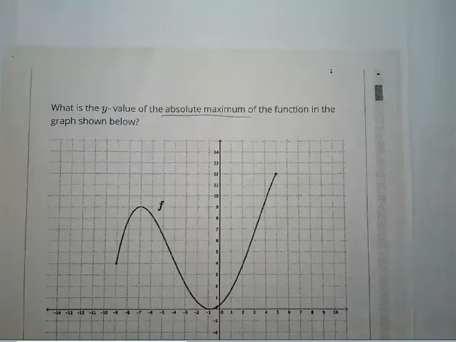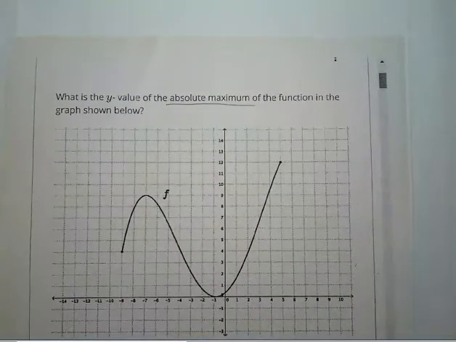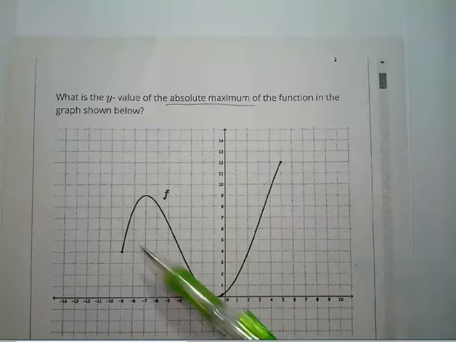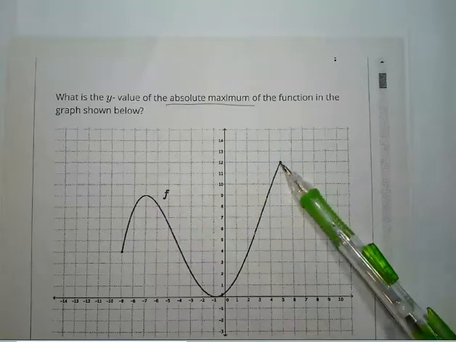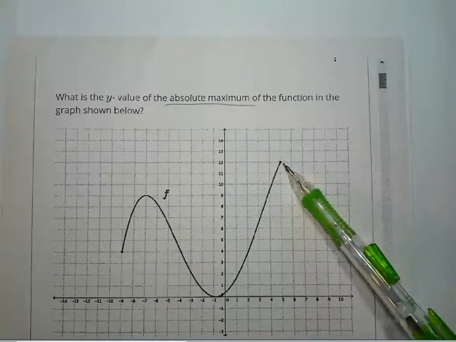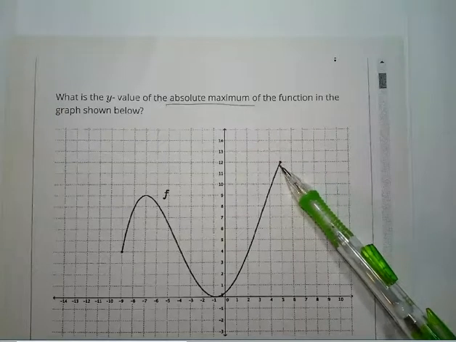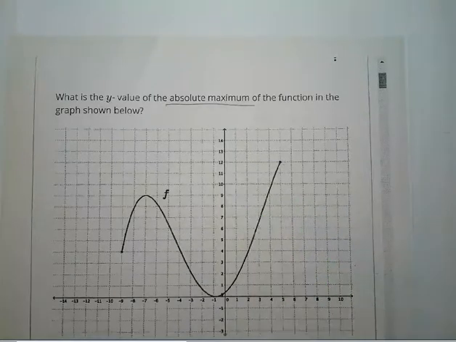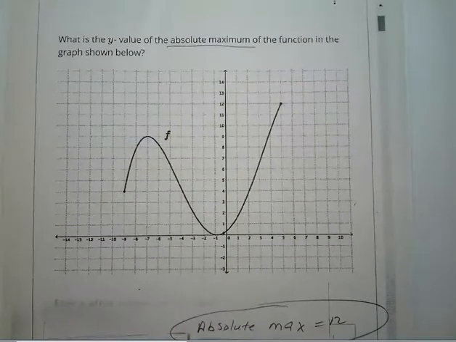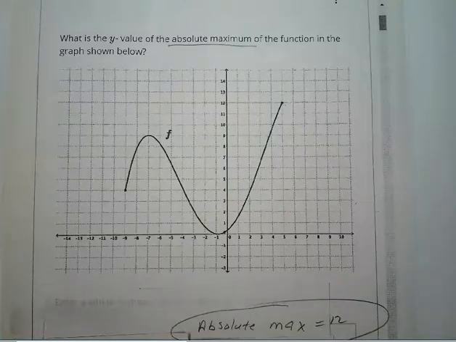But this time, they want us to find the absolute maximum. Since we're looking for the maximum, we're looking for the highest y value. This one's pretty high, but you can see here this closed circle, that's the key, is actually the highest y value on the graph. And that is at y equals 12. So your absolute maximum is y equals 12. All right, let's move on to our domain and range